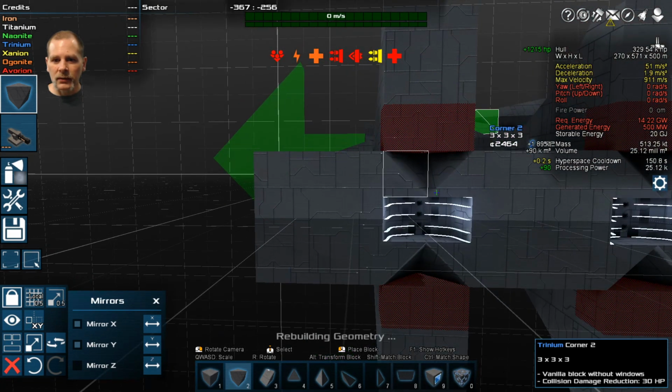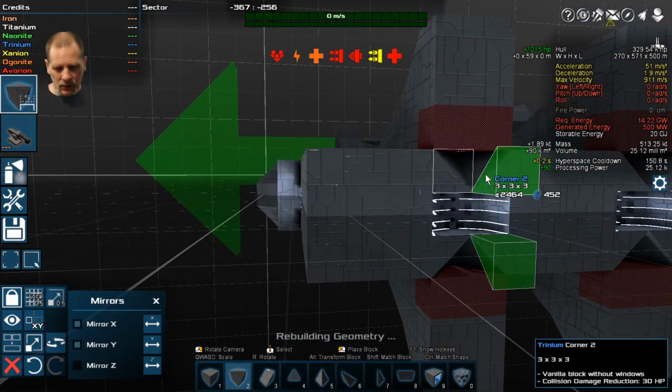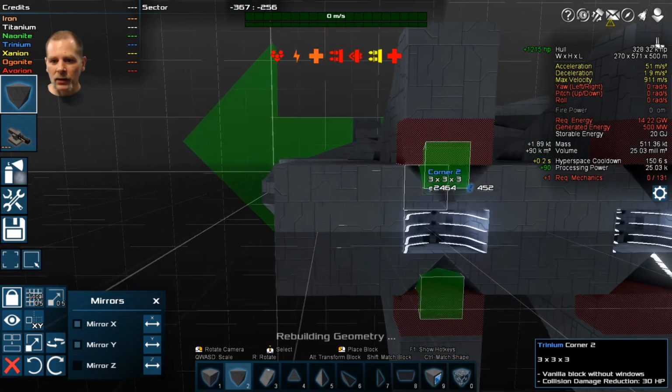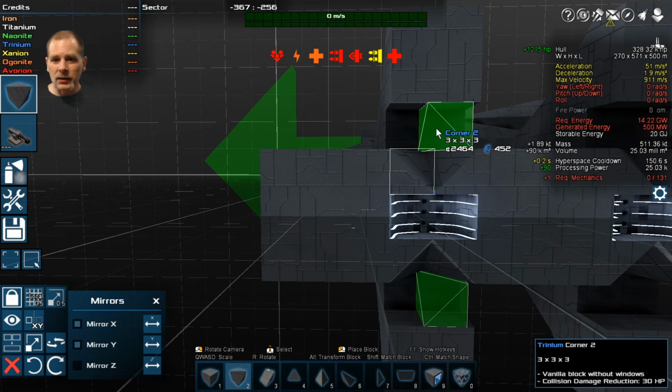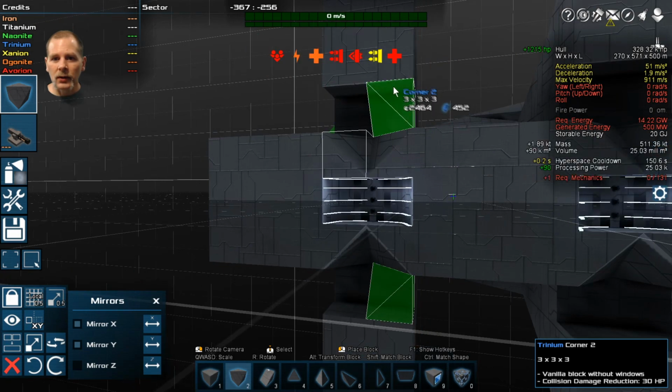Is that right? Did that go in right? I don't think it did. Let me double check. We want to go like, no, we want this to be flipped on the Y and flipped on the X. There we go. All right, we're going to do that